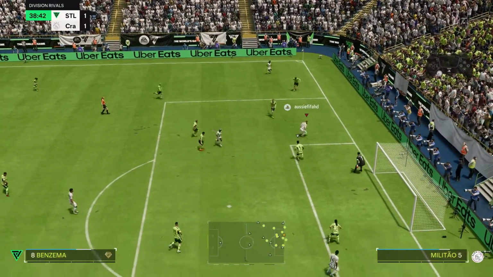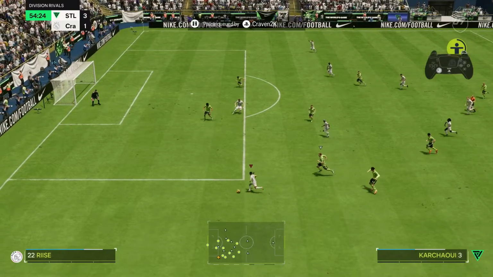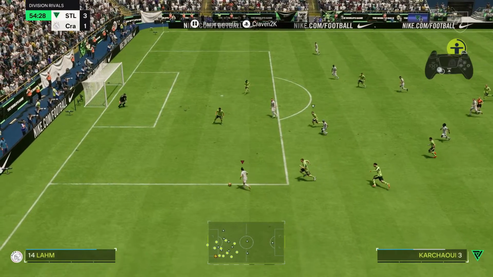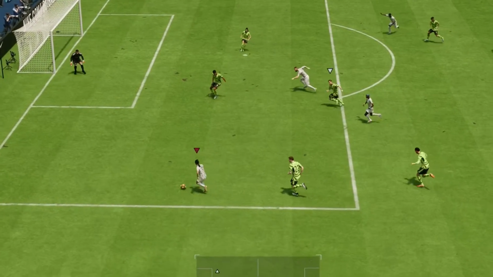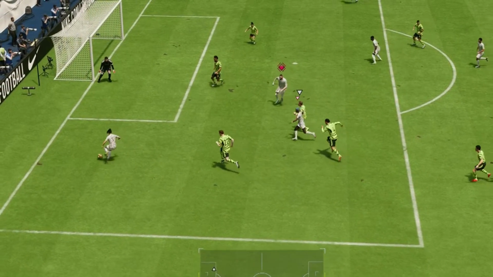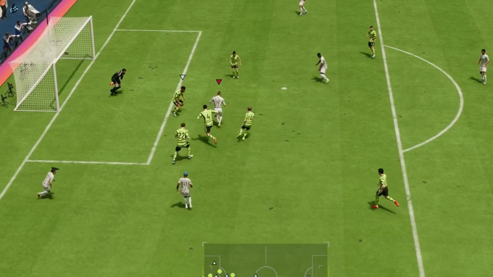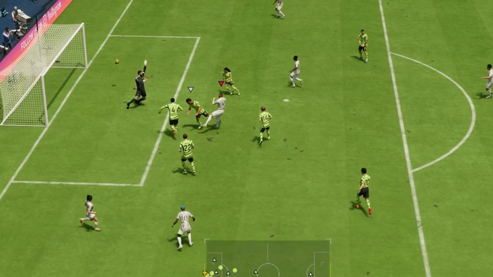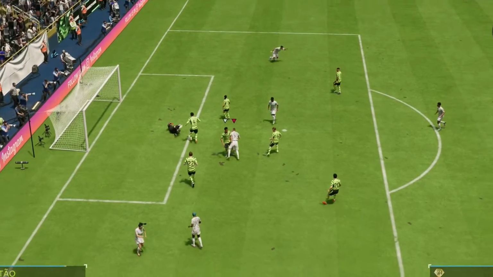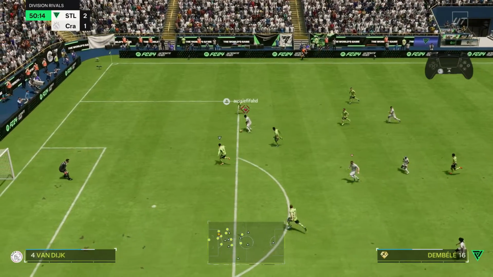Now, let's break both these techniques down. The drag back technique is when you're running towards the byline, the defender is marking the inside attacker for the cutback, and you need to take the attacker inside away from the defender marking that attacker to then have a clearer shot on goal. You can play a lock inside to the attacker, then run him back into space in the 18-yard box,